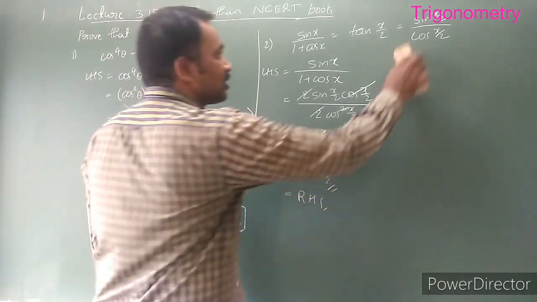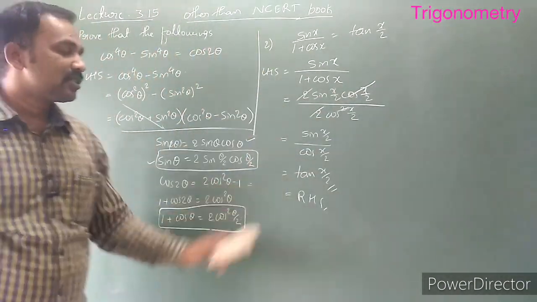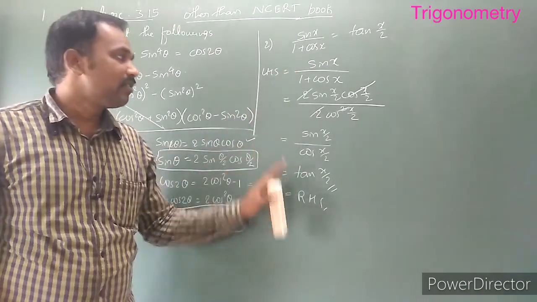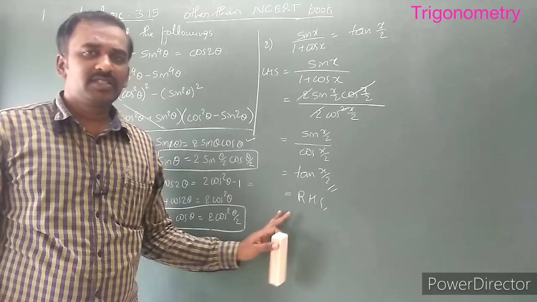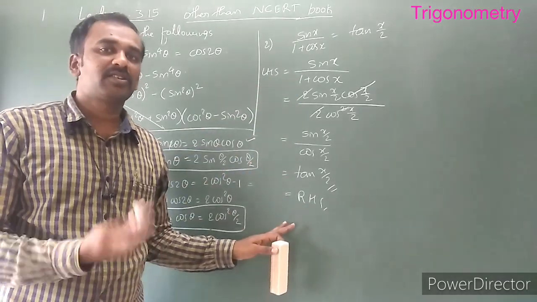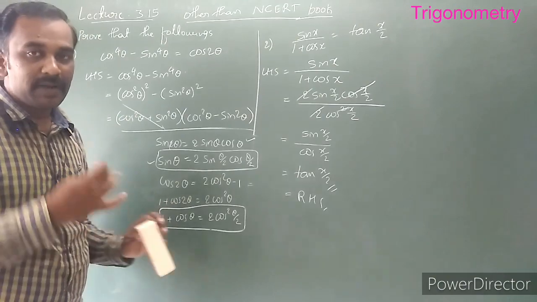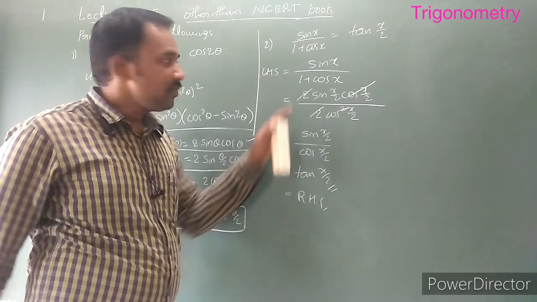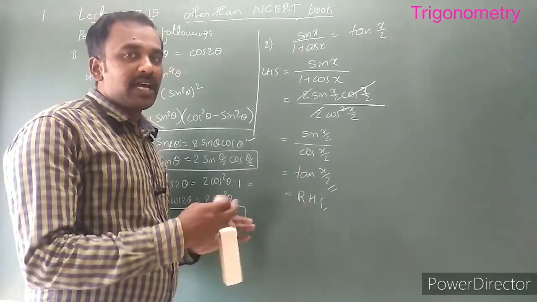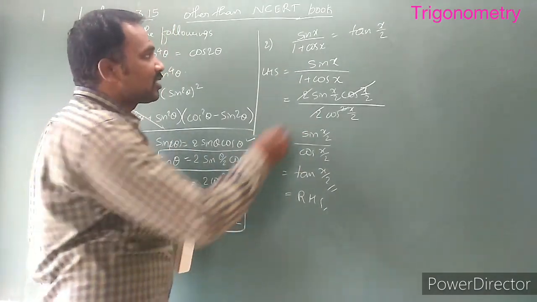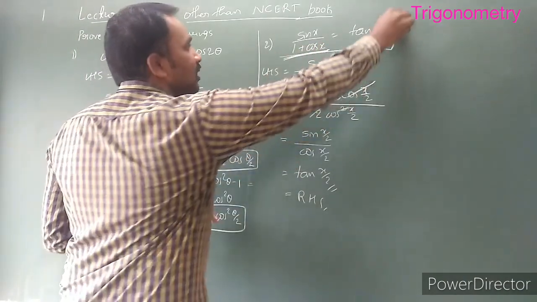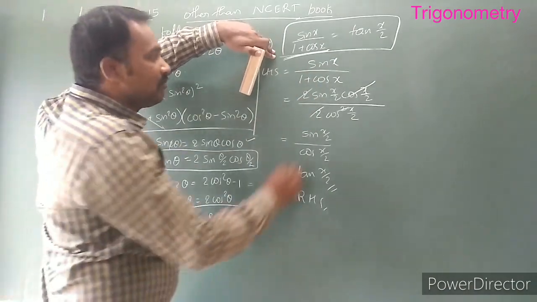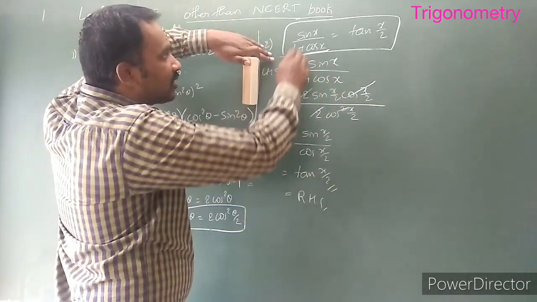Yes, that's all. So this is how we have to solve the problem. LHS equal to RHS. These are very simple problems, and if you know the formula, then you can solve the trigonometry problem. Just don't worry, practice once, twice or thrice, and you will get the idea. While practicing, the first time refer to the notes, no problem. See every step by step, and the second time you practice, just note down the given problem, then try to solve it and get the idea. Don't see the solution, think over it.